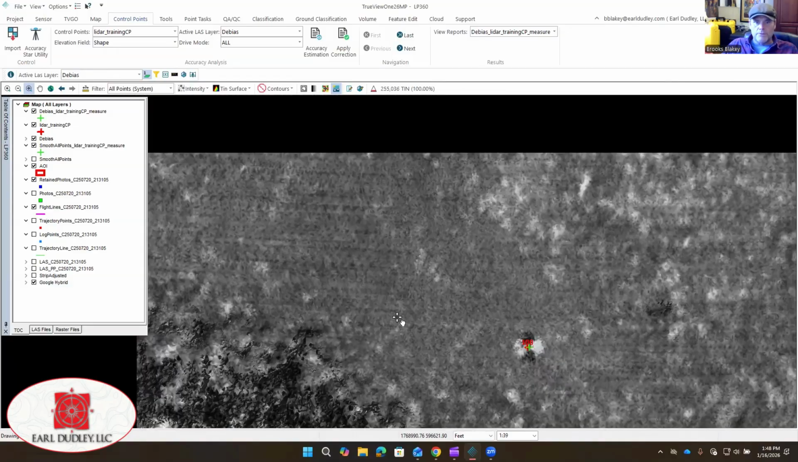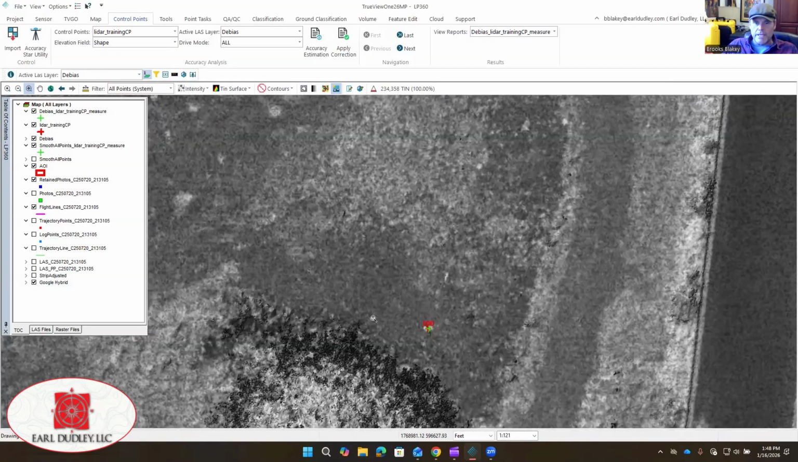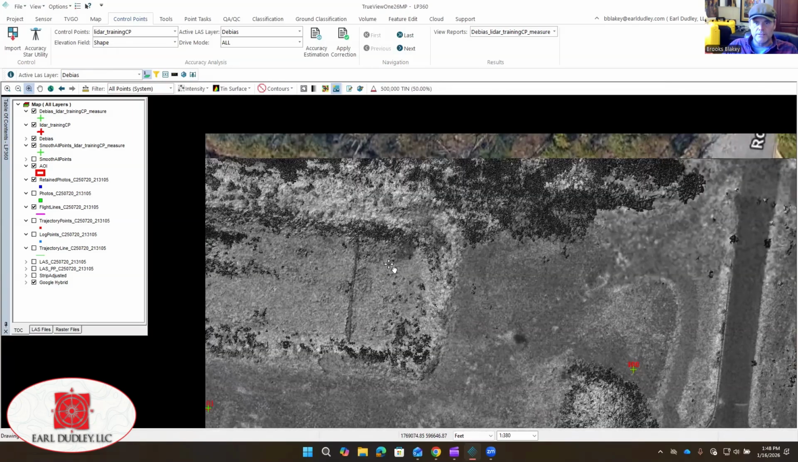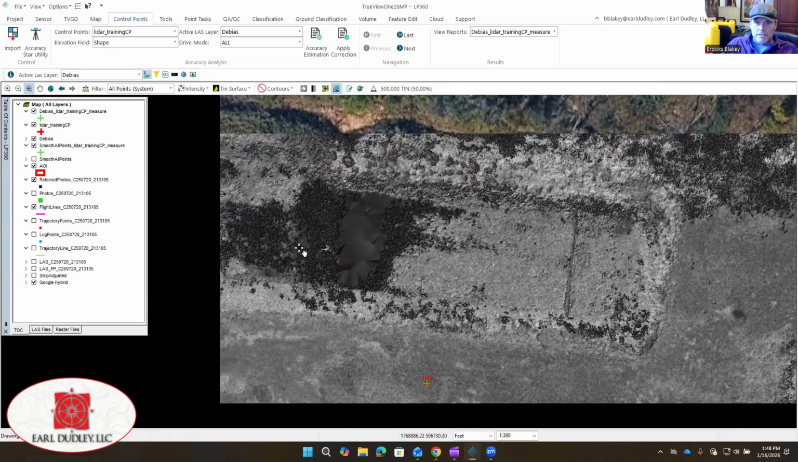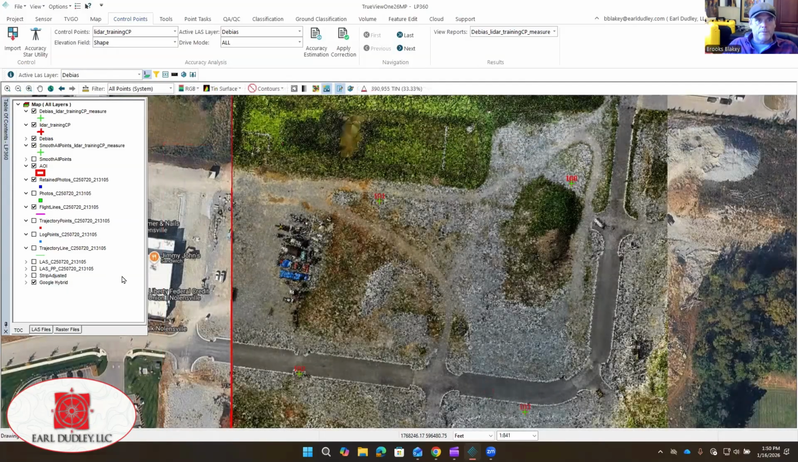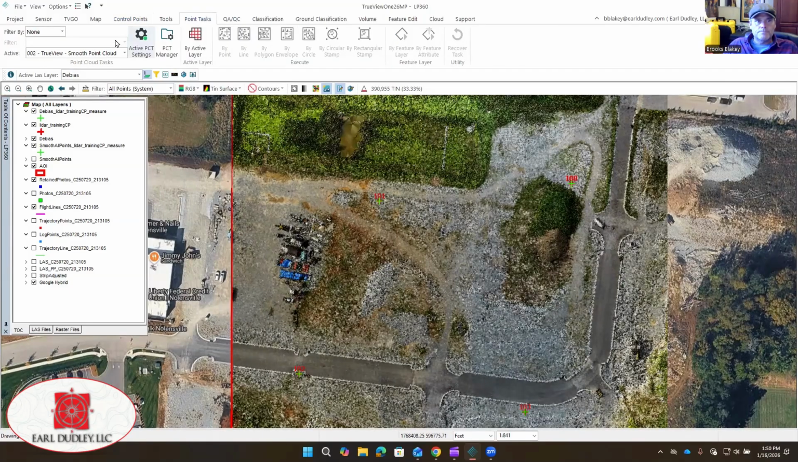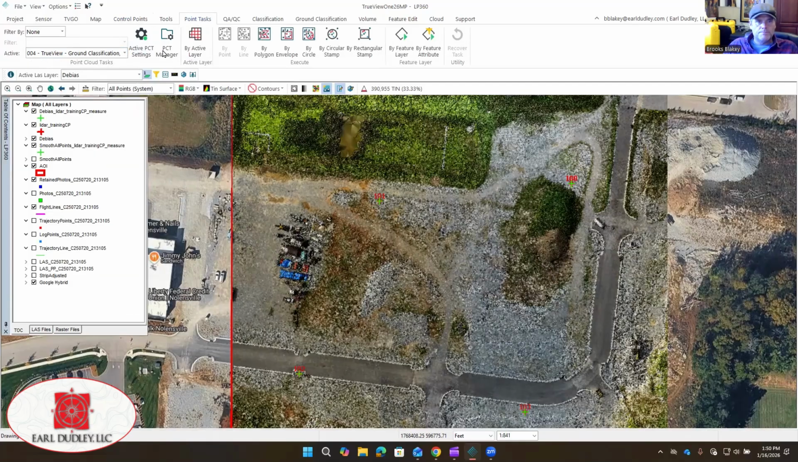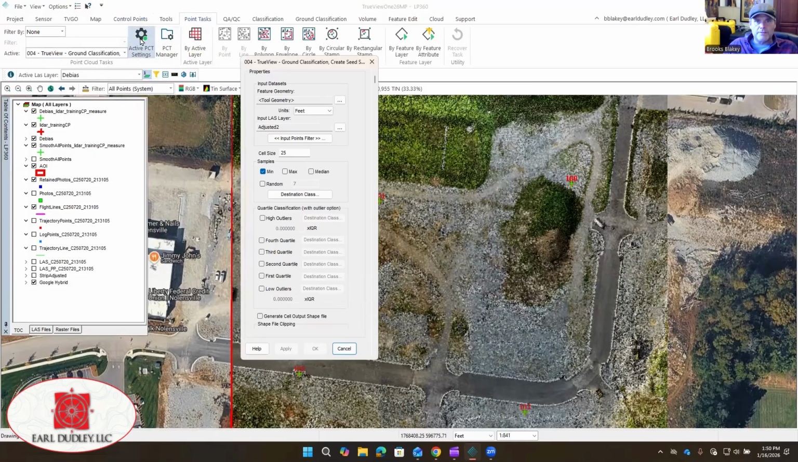Okay, with that, knowing that we have a good data set, we can go ahead and begin our classification, our ground classification. Clean up everything. So to do that, we're going to go to our point task. Here in the drop-down menu, we're going to select Create Seed Surface, Active Point Cloud Task Settings,